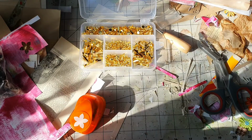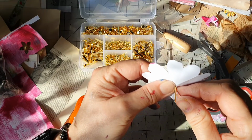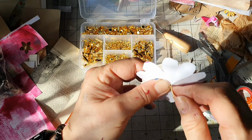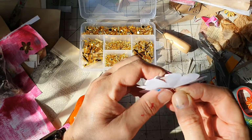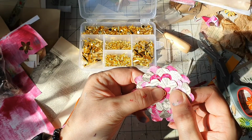Right, so I'm going to glue some of these petals down in a minute. First of all, I'm going to attempt to put the brad edges. We're going to make the poor thing do the splits, aren't we? That's what we tend to do. Right, so let's like that, like this, like that. Right then, let's just check where in the